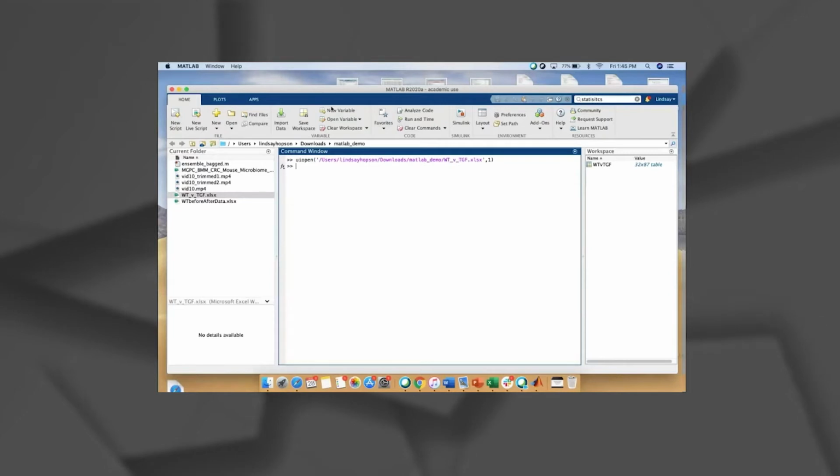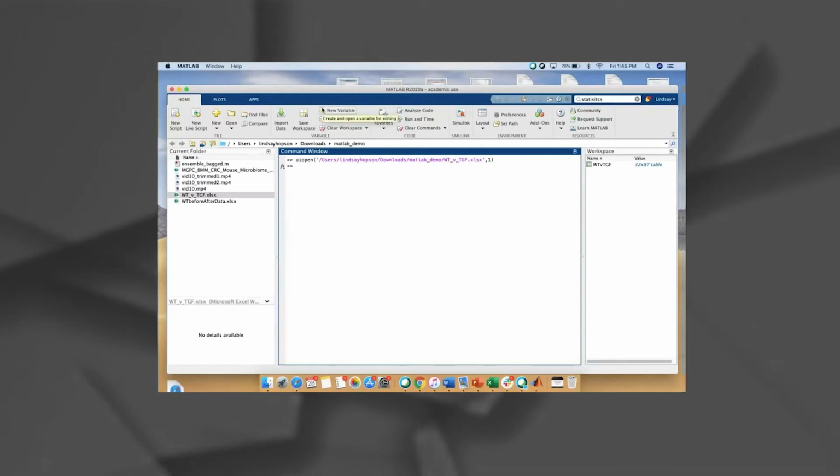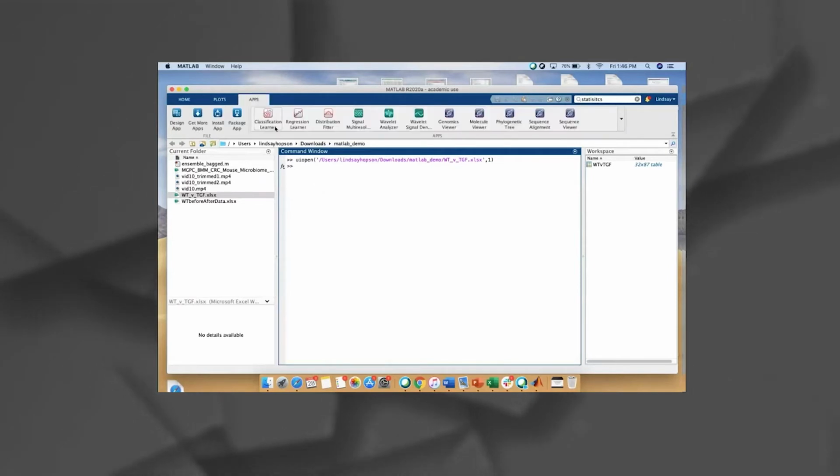So again, our first question is: is there any signal differentiating between a wild type and a TGF beta deficient mouse before treatment? So we want to classify the type of mouse and create a model that classifies mouse type correctly, or the most accurate. So we're going to go to apps, go to classification learner,